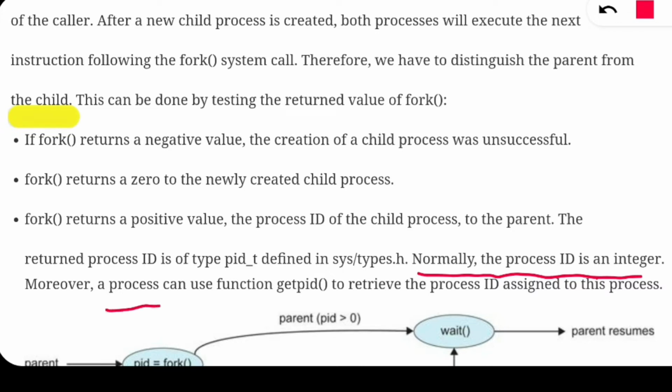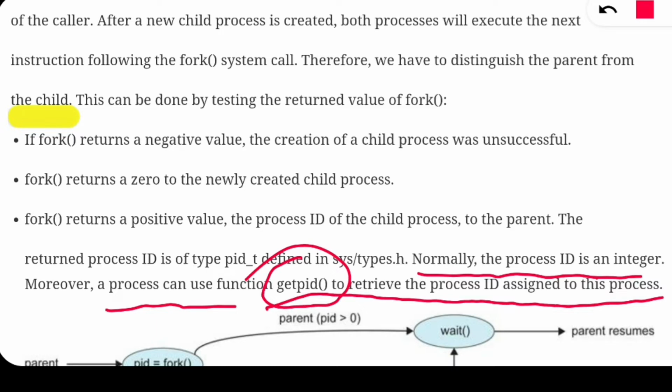A process can use the function getpid to retrieve the ID assigned to it. If you need to retrieve the process ID anytime in your program, you need to use this function getpid. We'll see all uses of getpid and the process variable in the programming part later in this video.